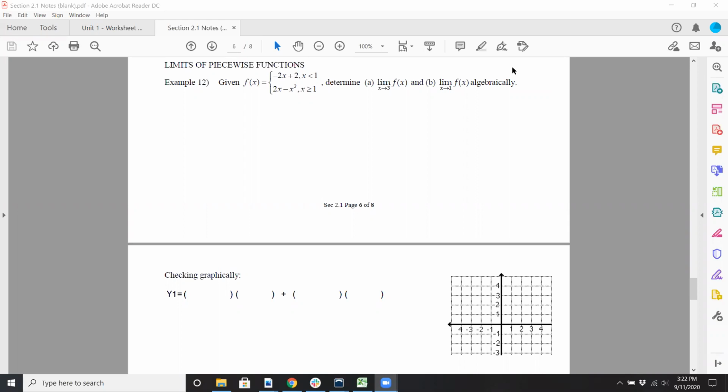Now remember, when you are determining limits, you do want to consider left and right-hand limits, and you want to make sure they equal each other. So let's start with part A. The limit as x approaches 3 of f of x. Well, when x is approaching 3, we're clearly going to be in this region when x is greater than or